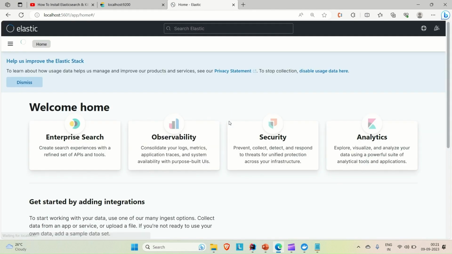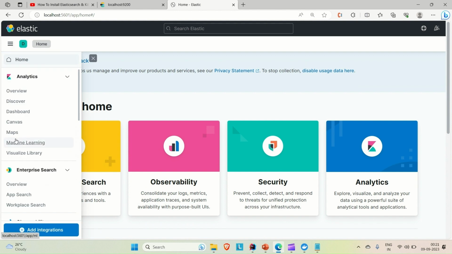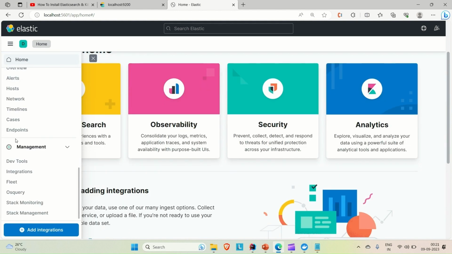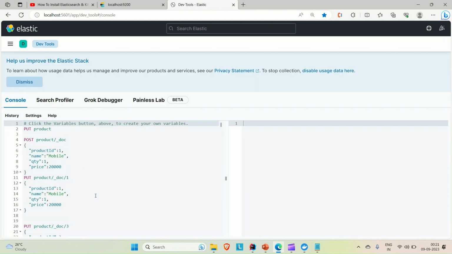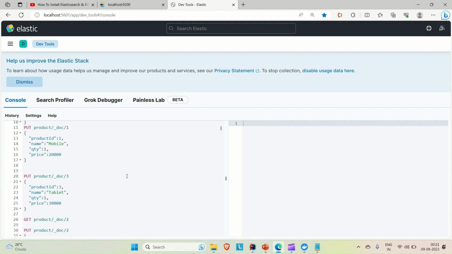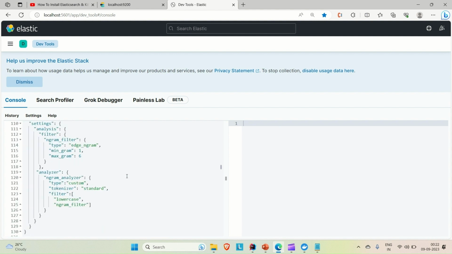Now you can see Kibana is loading. Here you can see Kibana is up and running. Now if you come here to this tab, click on it, and go to the bottom, you will find this Dev Tools. Open this Dev Tools and here you can run your Elasticsearch query. So this is the Kibana dashboard that provides you the console to run Elasticsearch queries. So our Elasticsearch and our Kibana both are up and running. Now I can show you whatever query I want to run on Elasticsearch, and how those things are written. So if you go down,